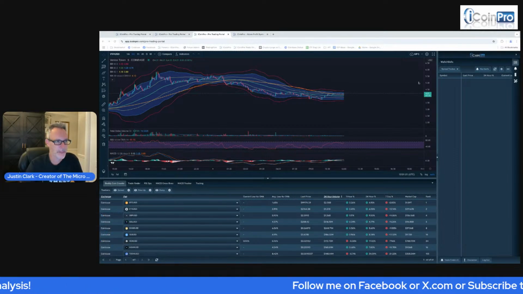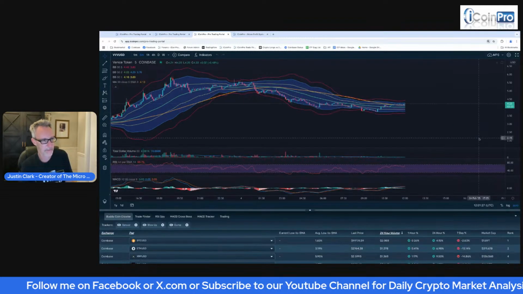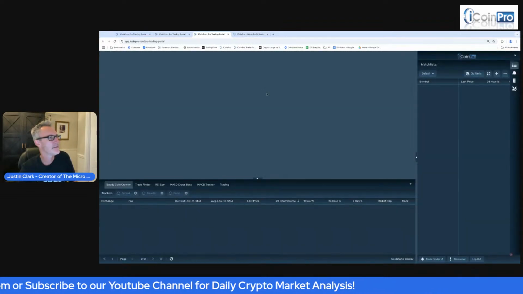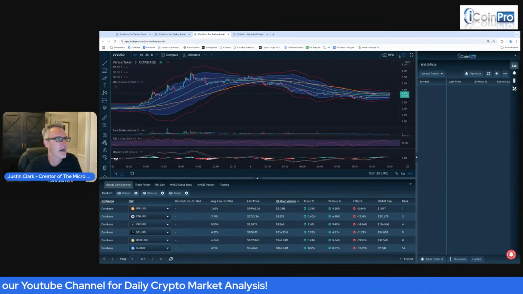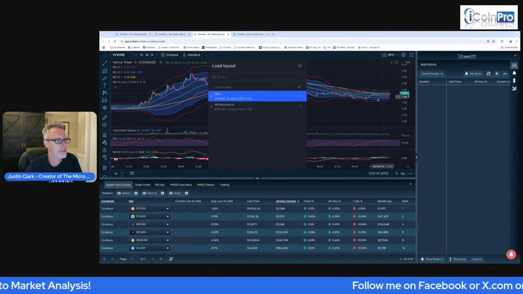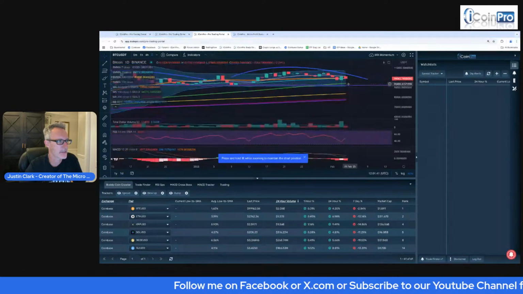Okay, so I want to get into the MA momentum chart. So I'm going to zoom in just a little bit, make this easier to see. Hold on one second here. Refresh that. With the portal, you want to click here and then go to load chart layout, and you can click on MA momentum to get this chart set up.